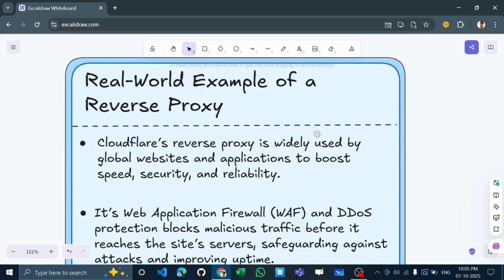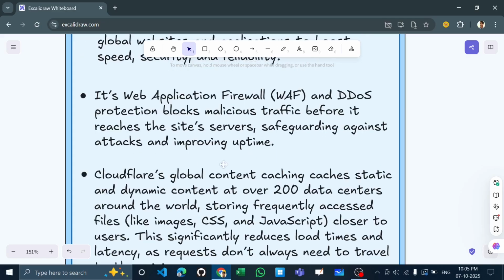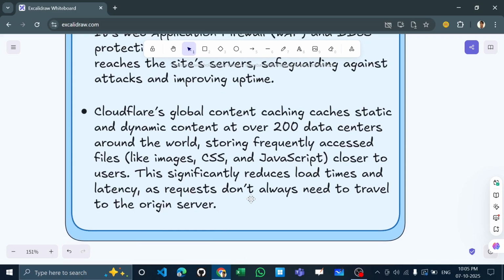Let's come to some real world examples of reverse proxy. Cloudflare's reverse proxy is widely used by global websites and applications to boost speed, security, and reliability. Its web application firewall and DDoS protection block malicious traffic before it reaches the site server, safeguarding against attacks and improving uptime. Cloudflare's global content caching caches static and dynamic content at over 200 data centers around the